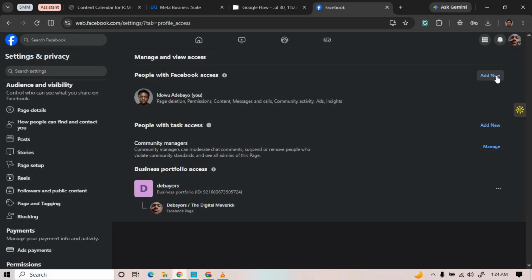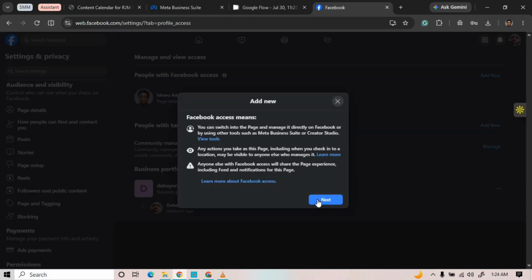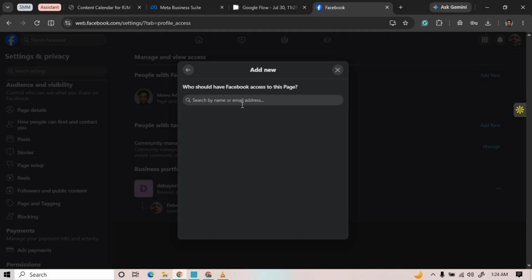So I'm going to give him full access. And in order to make it easier for you right here, you have to make sure that you are friends with the person on your personal Facebook profile, rather than your Facebook page. Make sure you are friends with the person on your personal Facebook, so it will be easier to type their name. So the name I will type here,